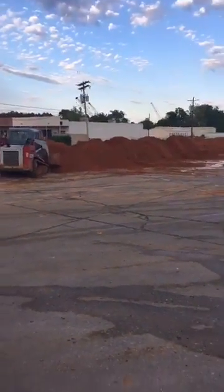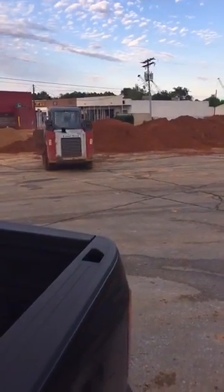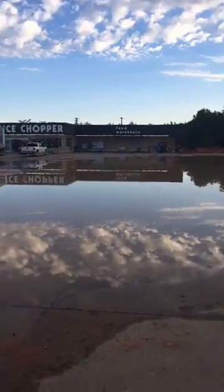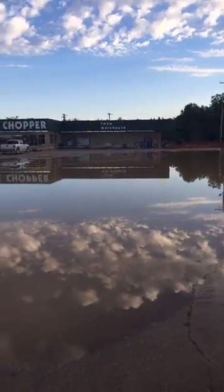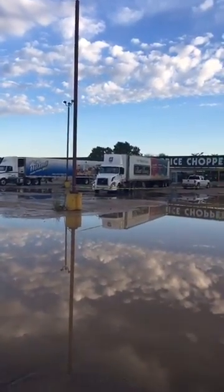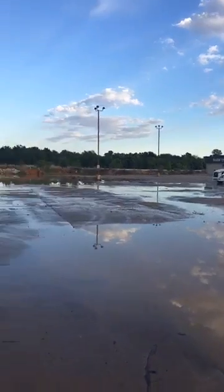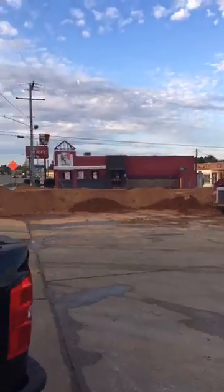What you're looking at right now, you're looking live at a levee that is being built and constructed, an impromptu dam in the parking lot of Price Chopper in Pocahontas. The parking lot already has water sitting in it in significant portions, where two trucks are backed up to the front door and they're pulling out perishables right now in giant cartfuls and loading them. This is just a shocking scene to see. And I think what's the most shocking about this is if you look over here,